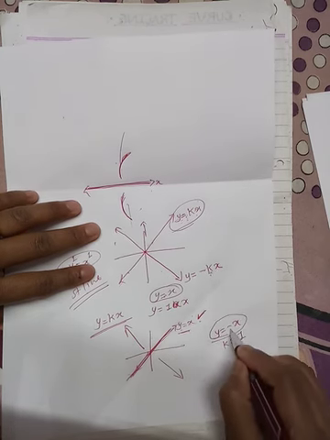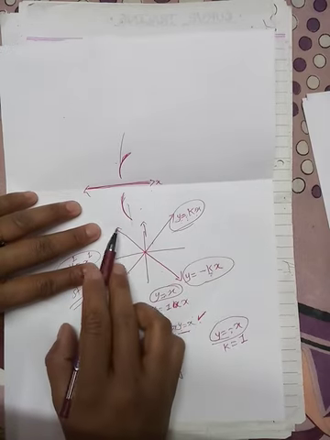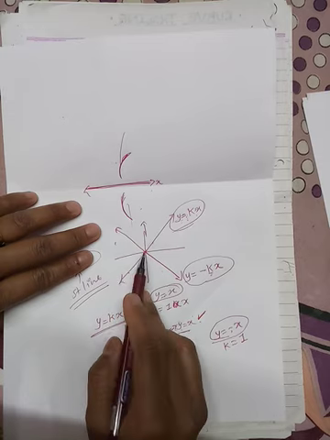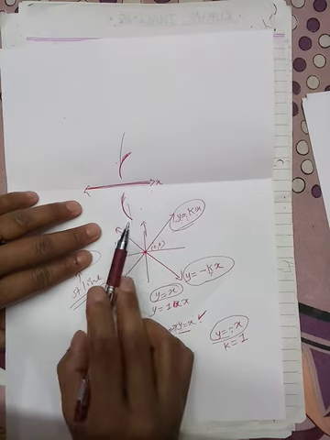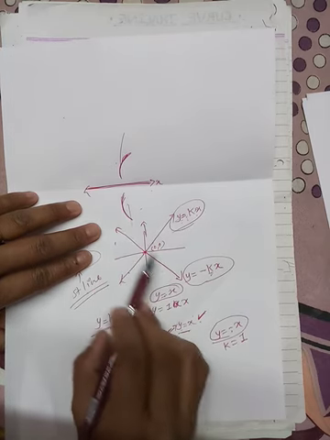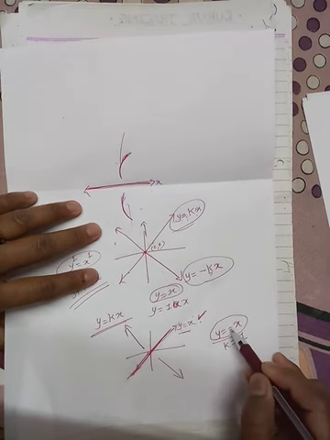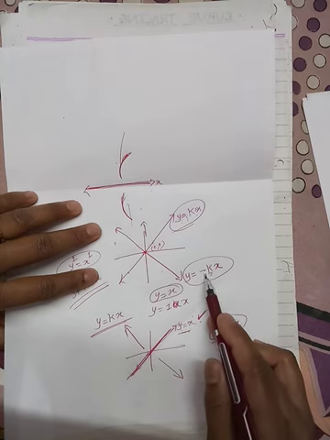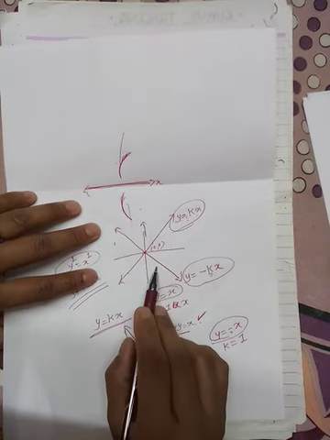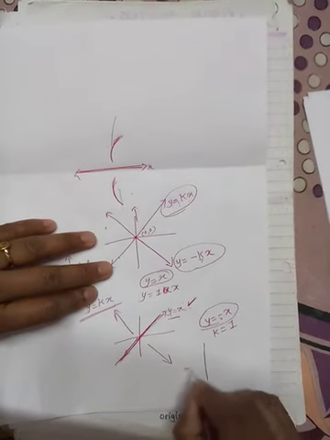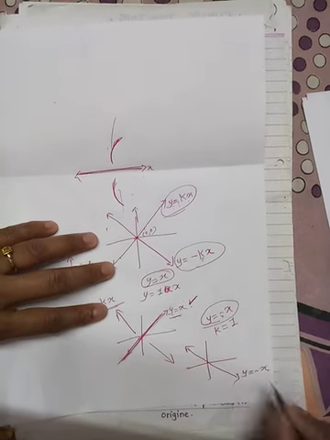So this straight line equation is the same as this, and for y equal to minus kx, the straight line nature is this. It passes through the origin, the 0 0 point, and passes from the second quadrant to the fourth quadrant. So this is your equation of the straight line y equal to minus kx, and the line y equal to minus x is similar to this general equation. The nature of this straight line is the same for y equal to minus x.